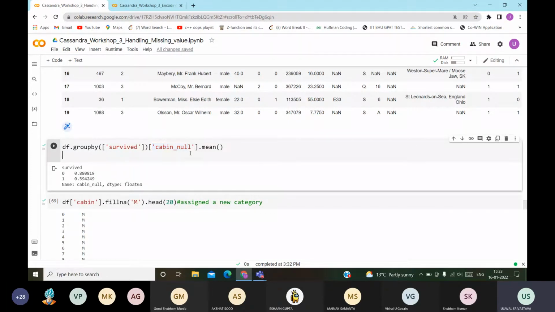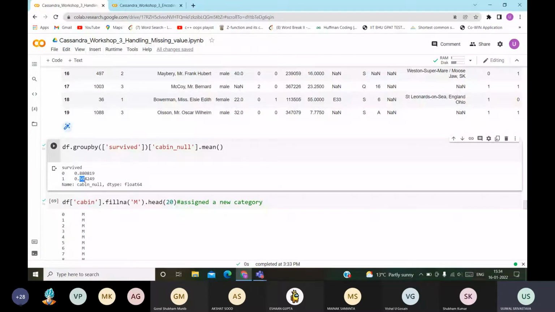So if we do df.groupby('survived')['cabin_null'].mean(), we can see for survived 0, which means they are dead, 88% values are missing. That means they were not able to provide the cabin number, while for those who survived, only 59% of the values are missing. So they were able to provide the values of their cabin. So there is basically a correlation.